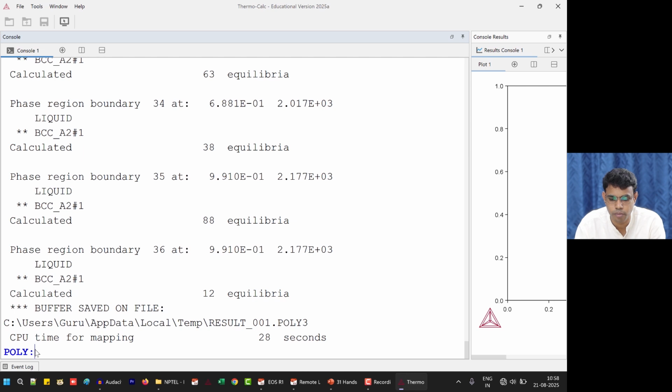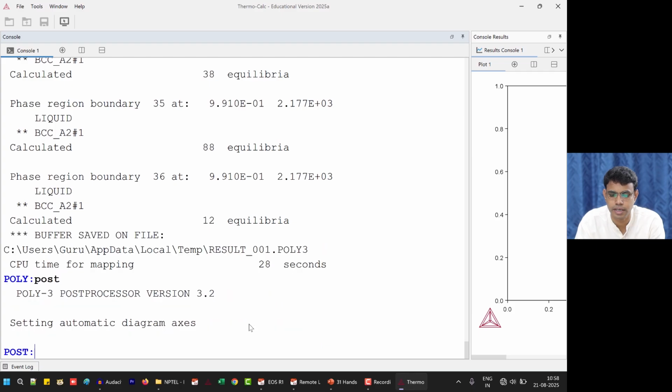You can see just above this there is a location given, C users, my name, my computer, app data, local, temperature, result 001.poly3. So this poly3 extension file is the buffer file where the results are saved right now. Now we are going to go to post module, post, enter.